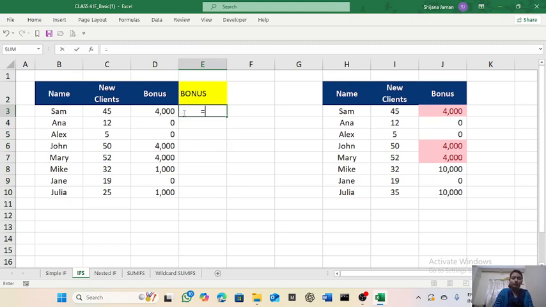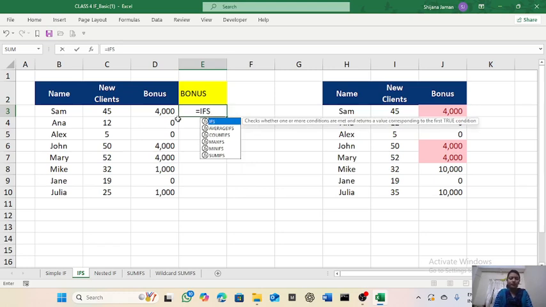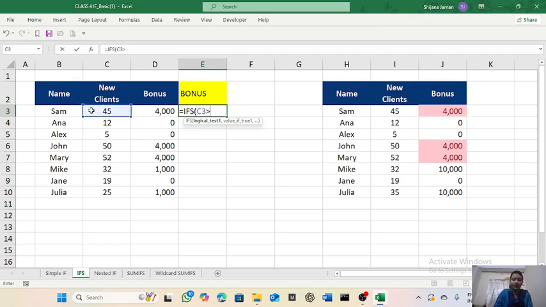Okay, for the IFS formula, we have to write IFS, logical test. The logical test, this cell greater than 40, okay, 45 greater than 40, comma,